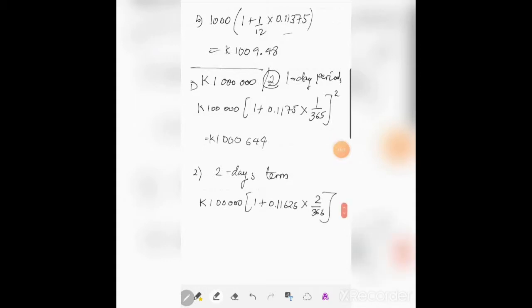Since this is not 2 successive 1 day periods, we are not going to square this. So what do we get here? We get 1,637 kwacha. So this apparently is inconsistent,